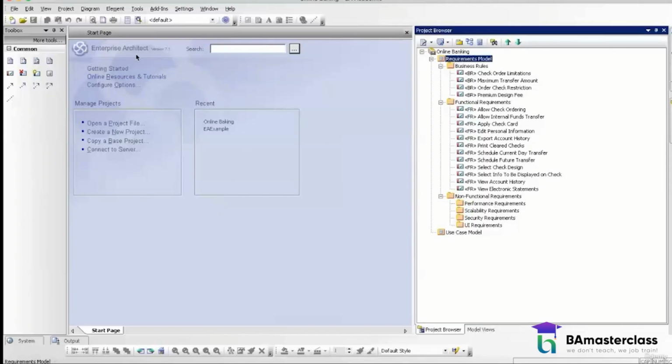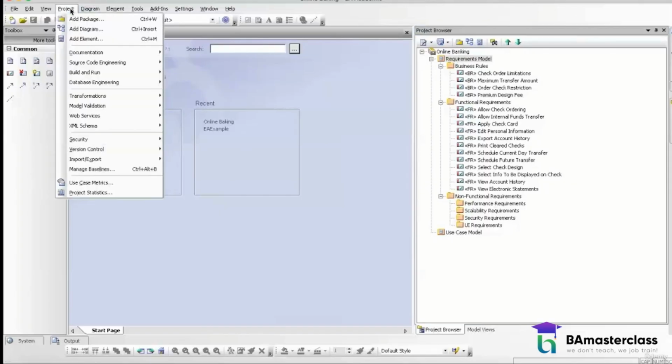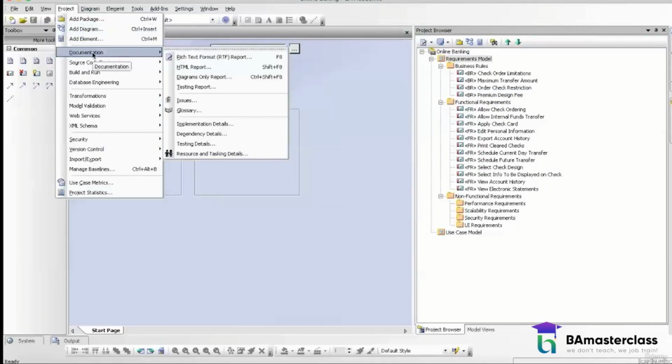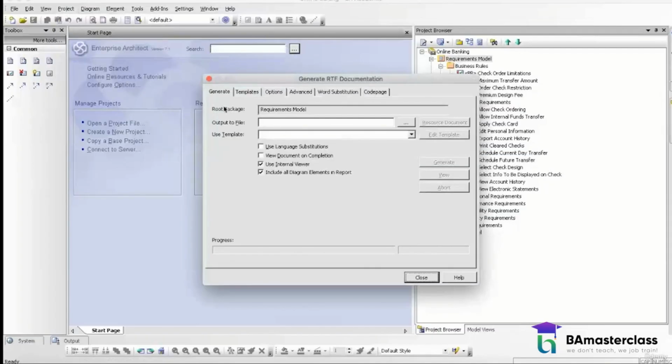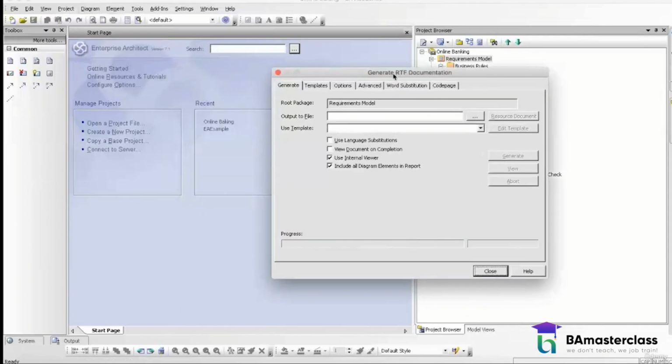So let us see how to do that. So I go to project, I go to documentation, and I say I want to select a rich text format report. So by default, it highlights the requirements model because that is what I had selected. Output to file. So I just want to give the name of this file as FRD online